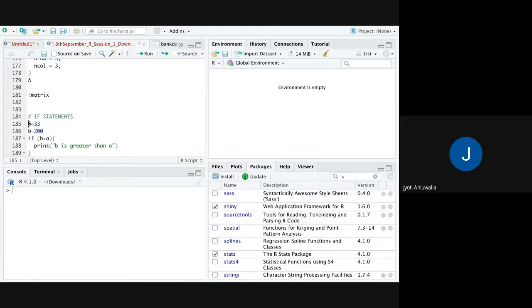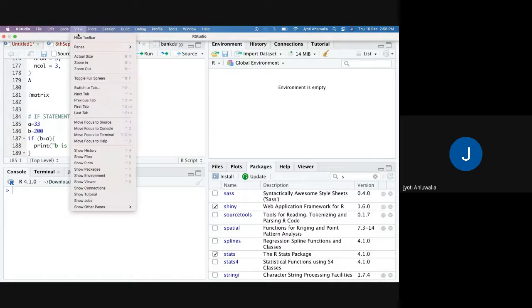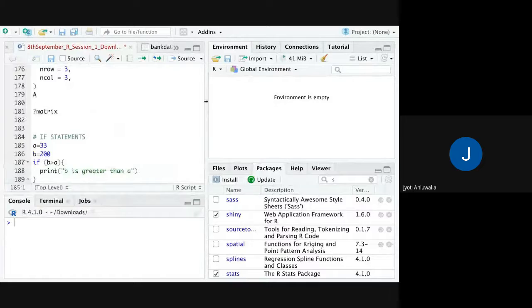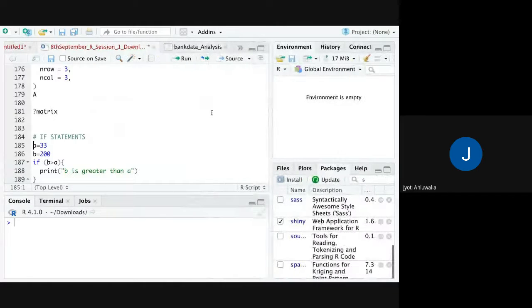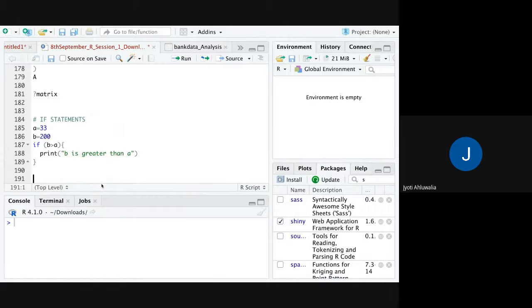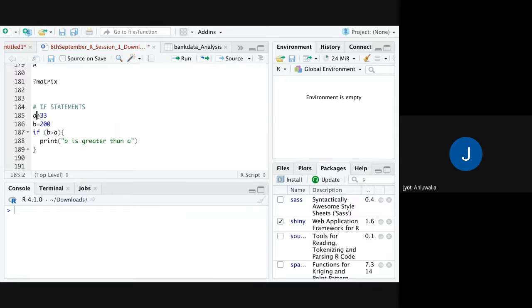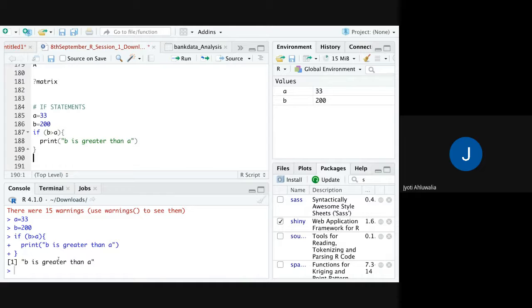I'll increase the view and zoom in. If I run this with command return, it says B is greater than A.